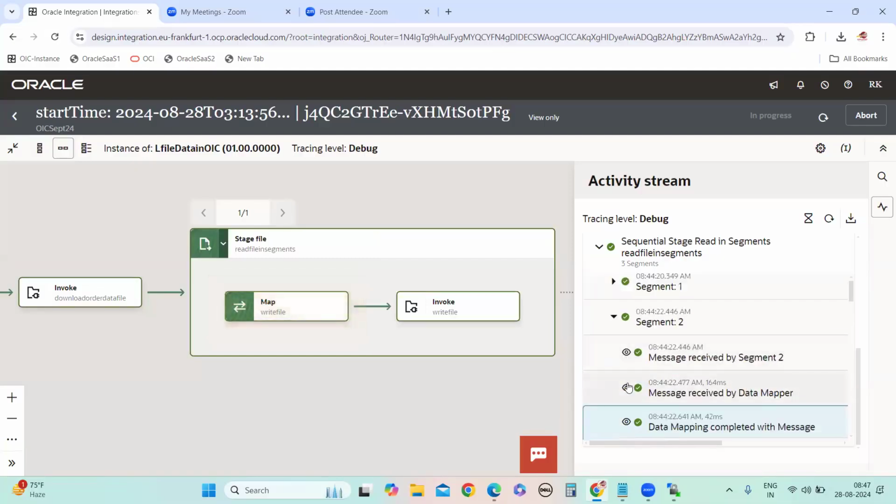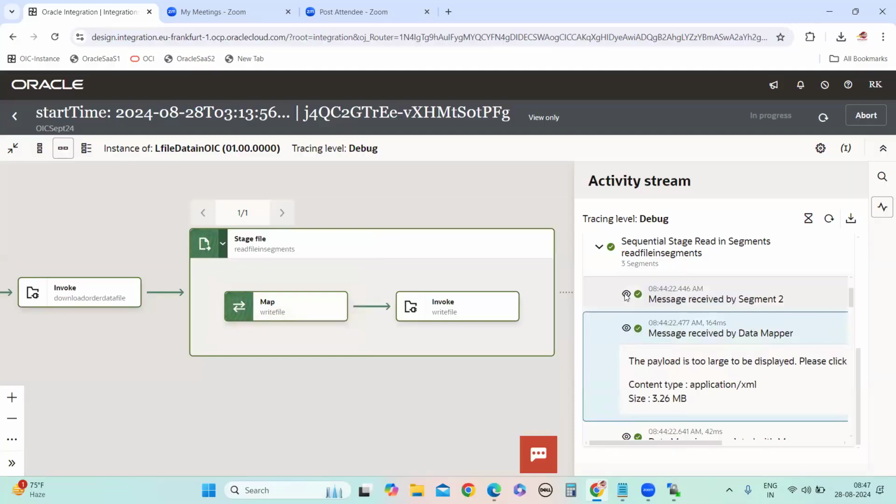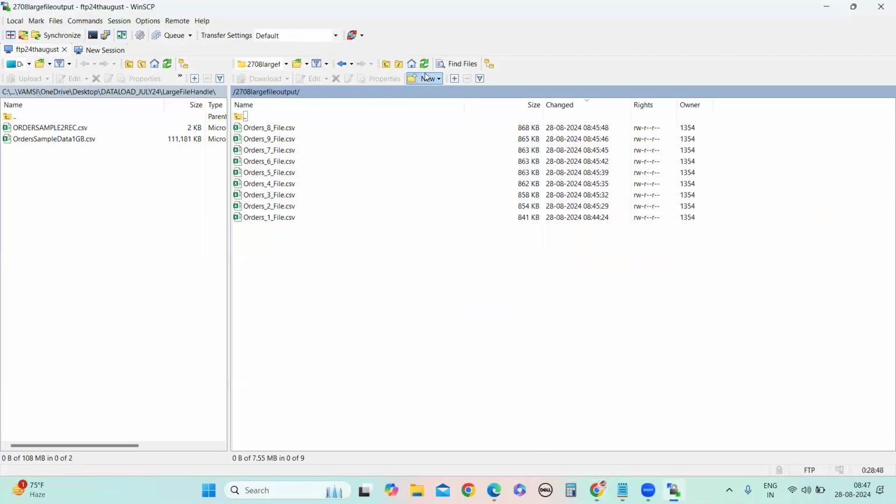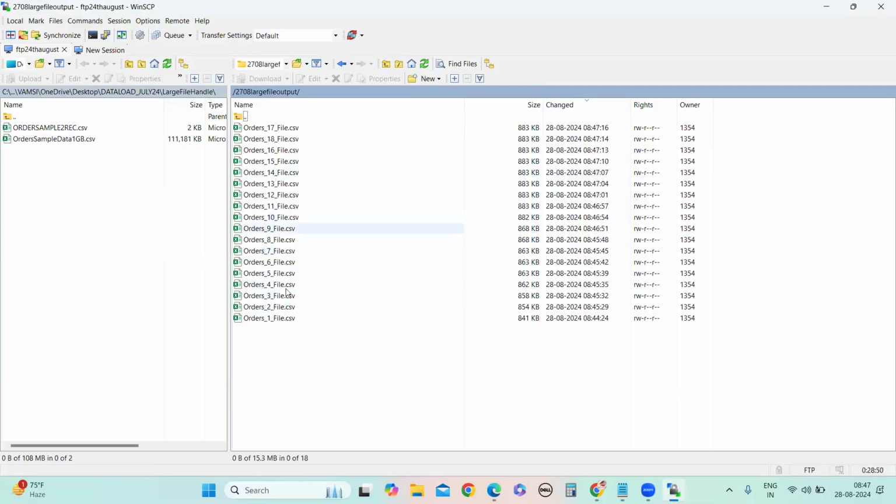It's not showing now. Maybe it might be completed at process. Showing, right?